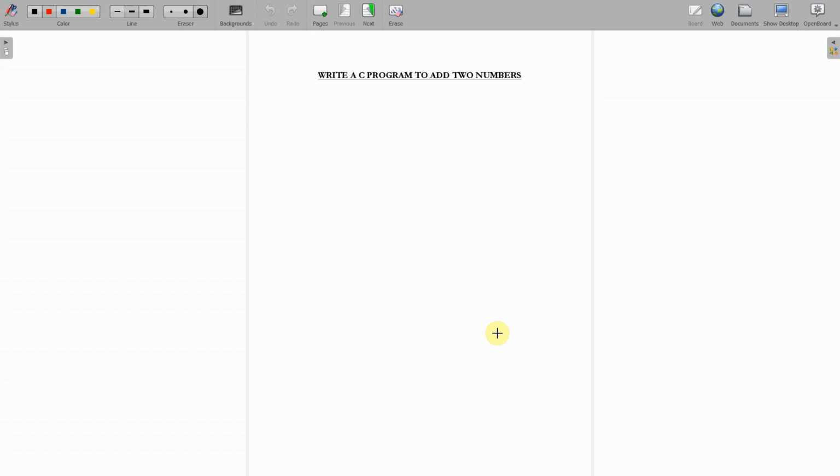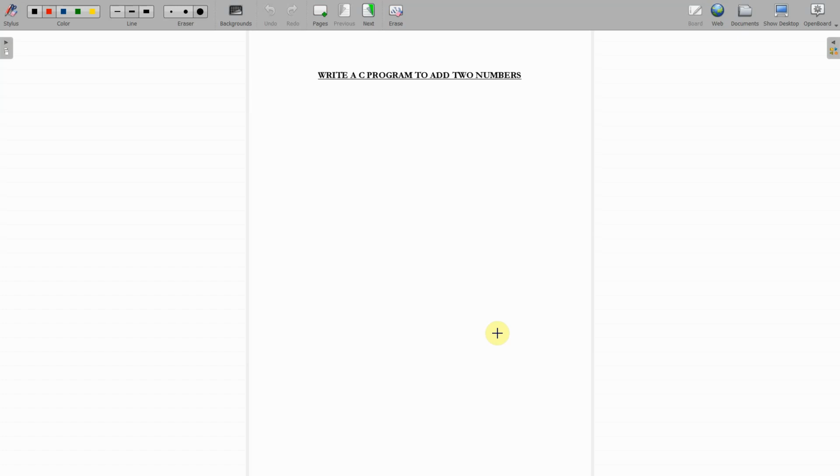So we are into part 20 of the C program tutorial, and in the previous class we have seen some programs like printing some text onto the screen, declaring a variable and assigning some value to the variable, and just to print the address. Now we are going a step ahead of the previous programs. That means now we are going into the next level programs, where we try to do some small calculations. Here they have asked us to write a C program to add two numbers. So for that I will be giving an explanation like this, right?